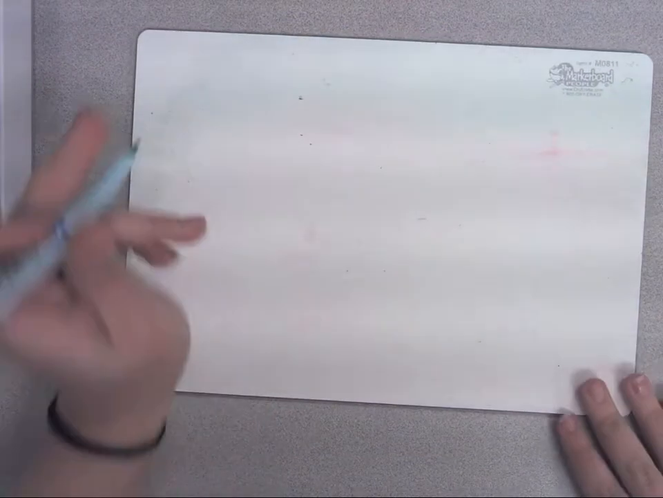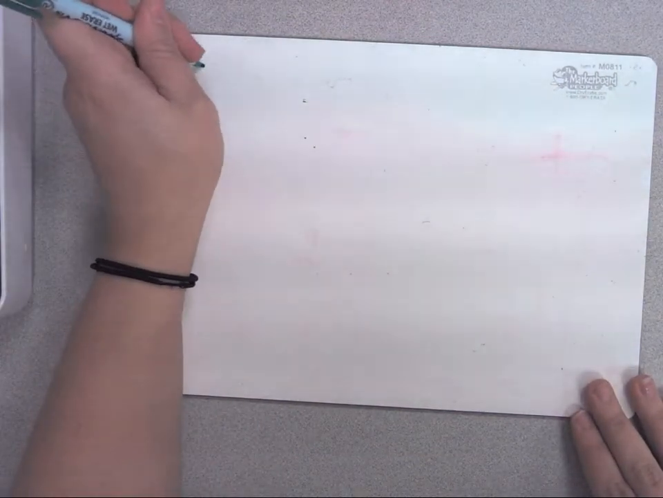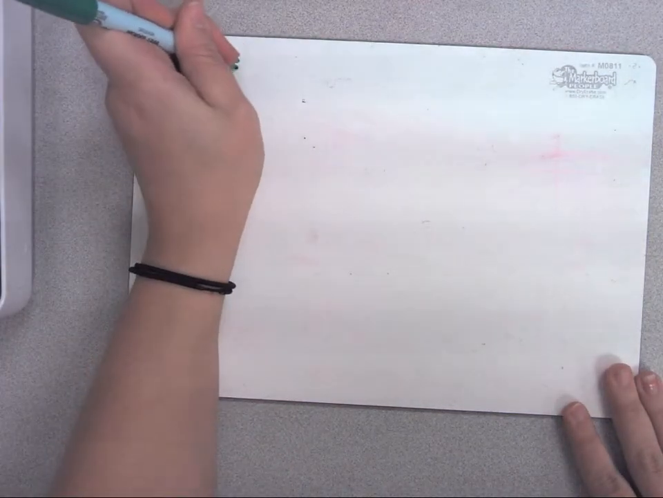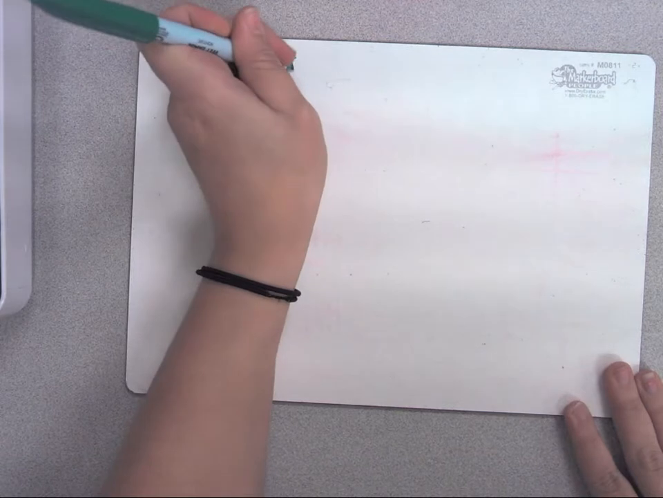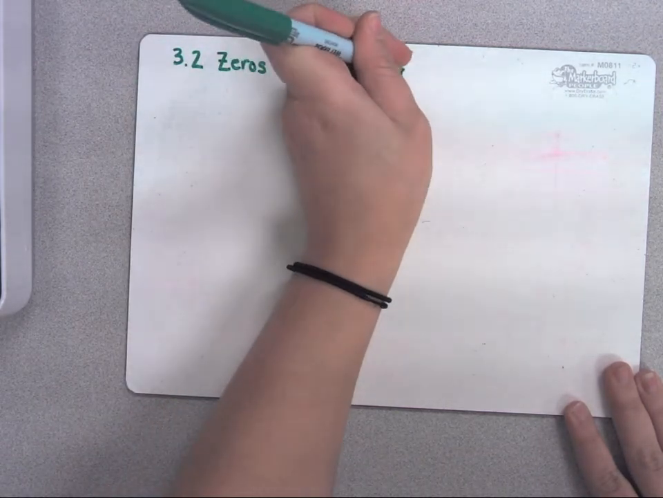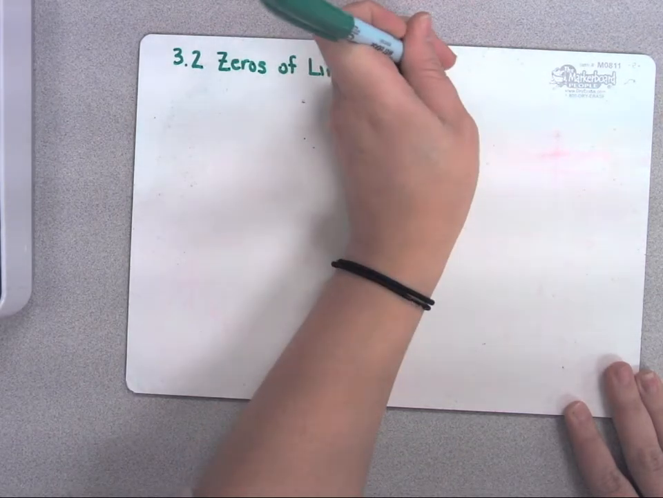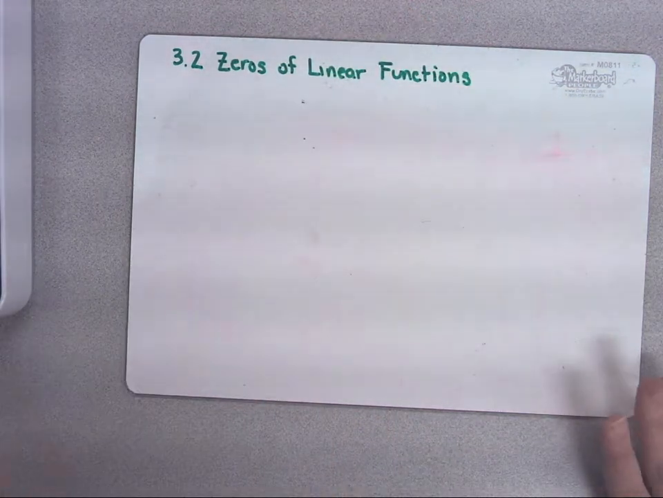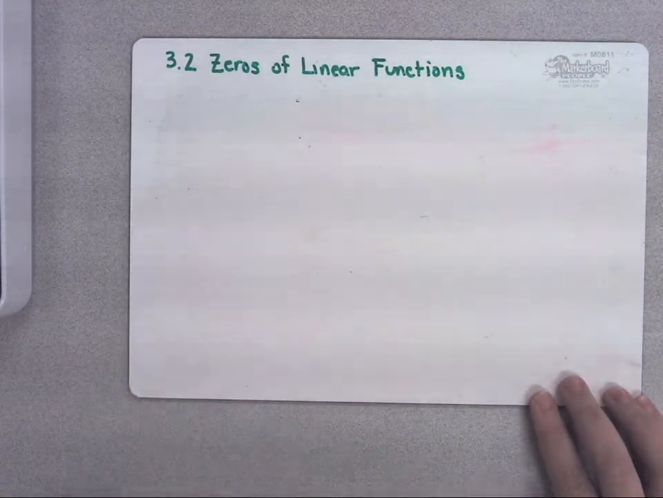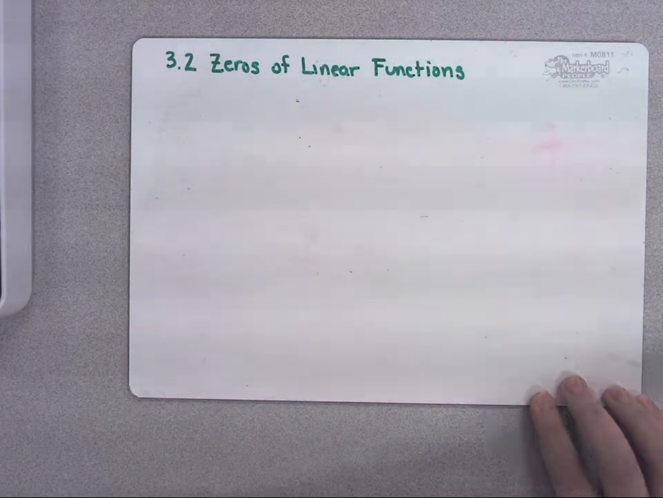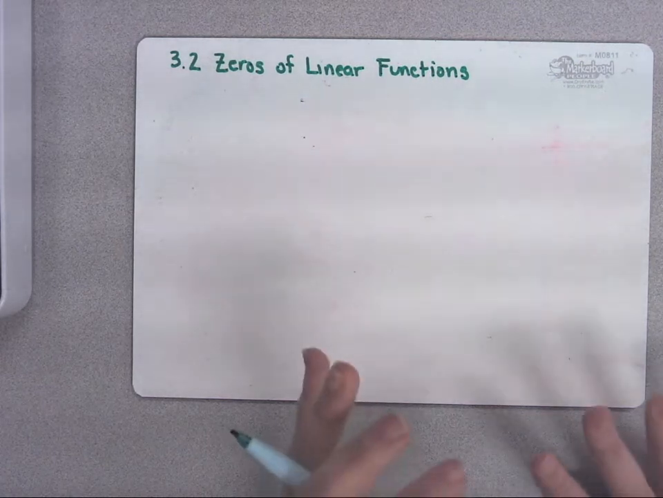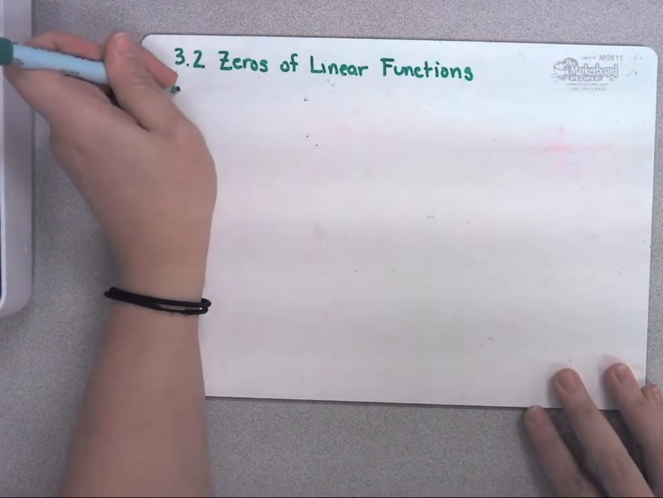Okay, so we are going to talk about 3.2 today. The title is Zeros of Linear Functions. So we're not just talking about equations anymore, we're talking about functions. So a linear function